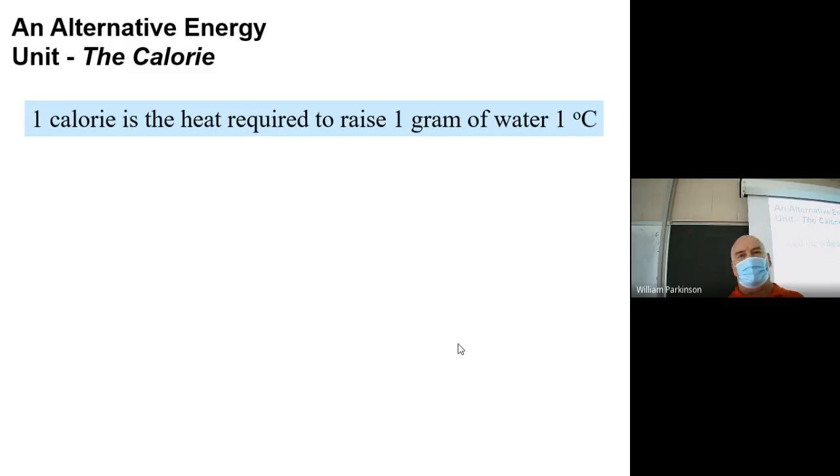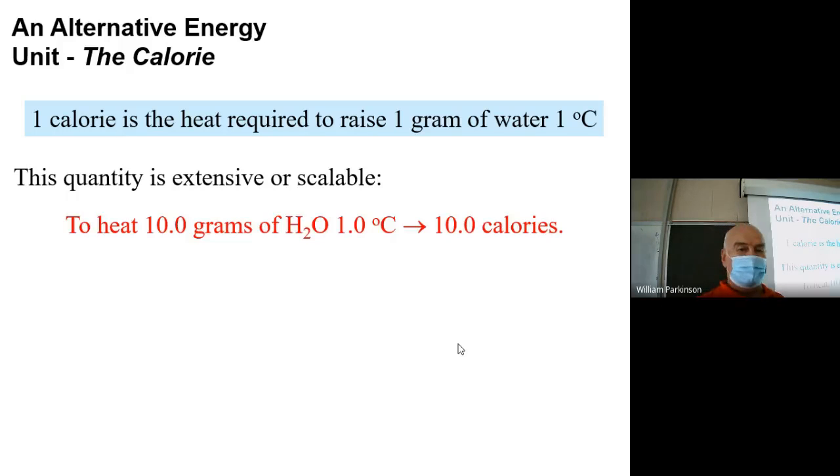It's really nice that water has a density of about a gram per milliliter. So if you have a 500 milliliter bottle of water, it's got 500 grams of water in it. And for every 1 gram of that water, if you want to raise its temperature 1 degree C, put in an amount of energy, which we will define to be a calorie. The same thing is true in reverse. If you want to cool 1 gram of water down by 1 degree, you have to remove from it 1 calorie of heat.